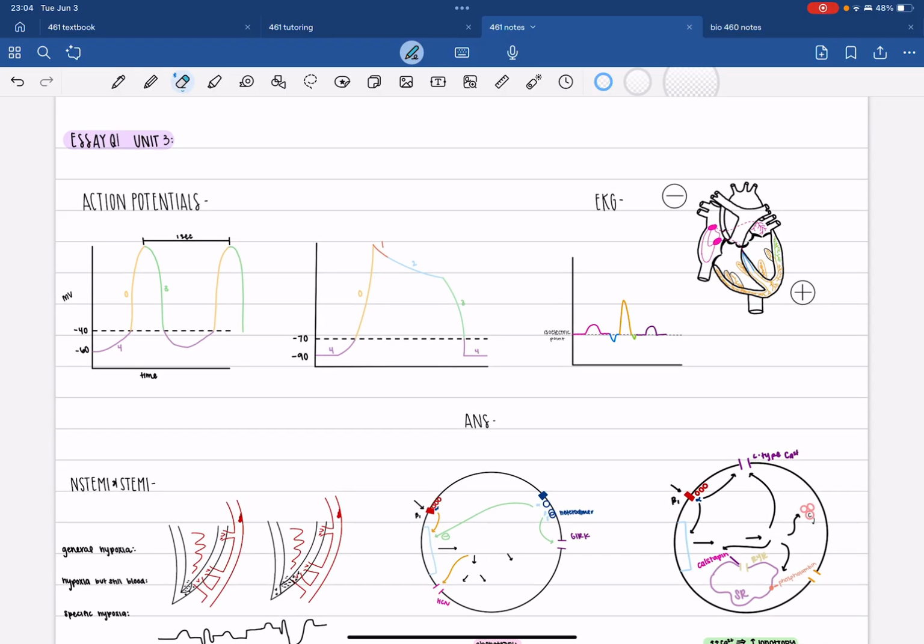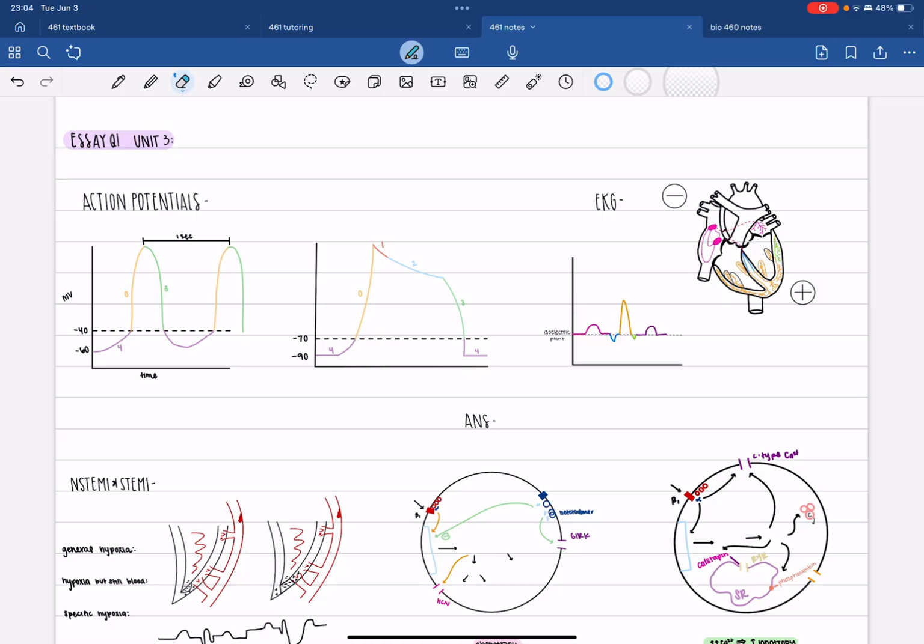But we're going to talk first about action potentials in the heart. Now, we've already talked about action potentials in skeletal muscle, and so now we're just going to translate what we learned over to the heart. It's going to be a little different because the heart can beat on its own, but it also uses similar muscle buildup with sarcomeres, and so we're going to see similar ions and movement and distribution and things like that.